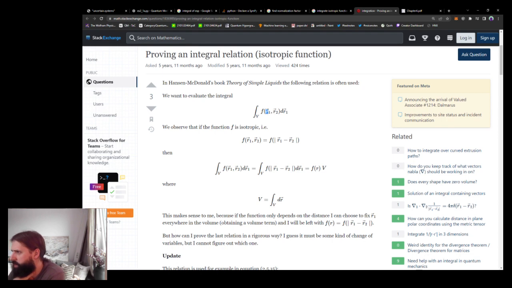I don't know what these things are, but I guess if it's isotropic, this means that this value is equal to actually this minus these. In a way, it's like it's just the distance between these two things, which is analogous to what we're doing. And so the integral of these. Okay, but dr1 equals to